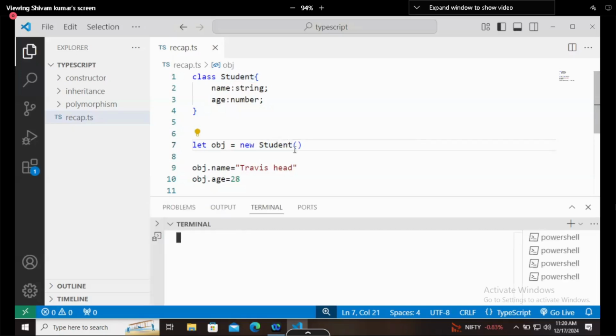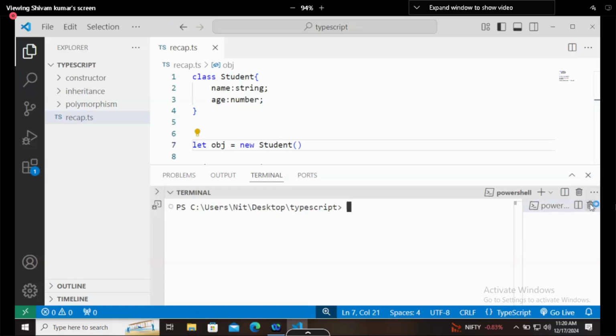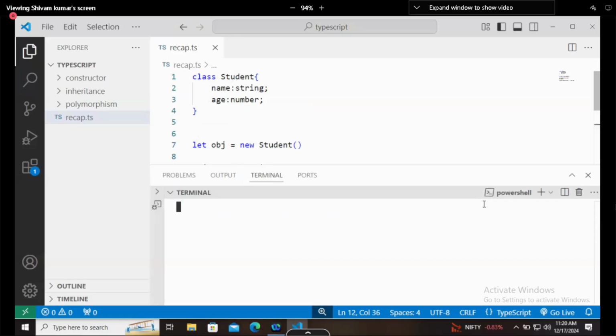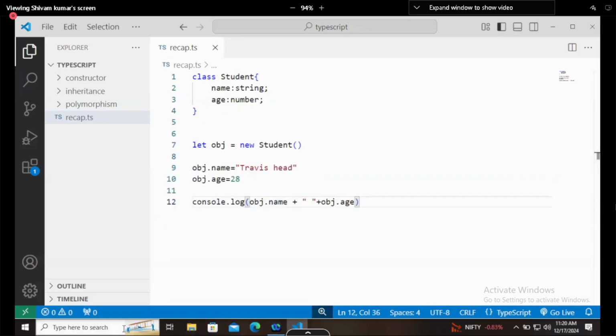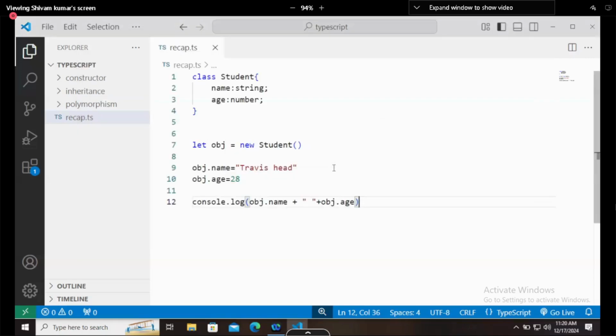Let's open the terminal. You know the shortcut for opening the terminal? Generally I don't go through terminal, new terminal. What I am doing is simply pressing some keys and the terminal opens. So let me tell you those keys. The keys are control plus shift plus this one. You know where this is? Below the escape button. So control shift and this particular symbol will open the terminal.